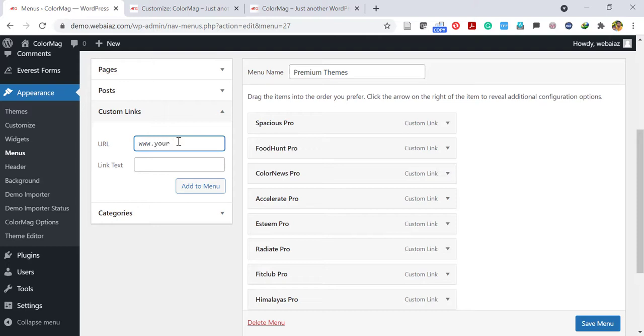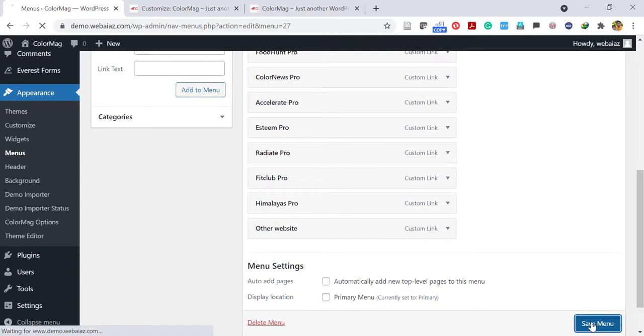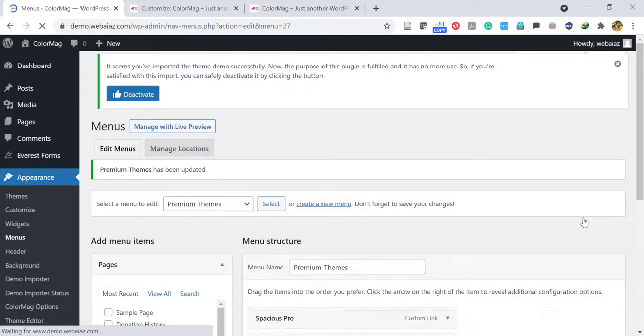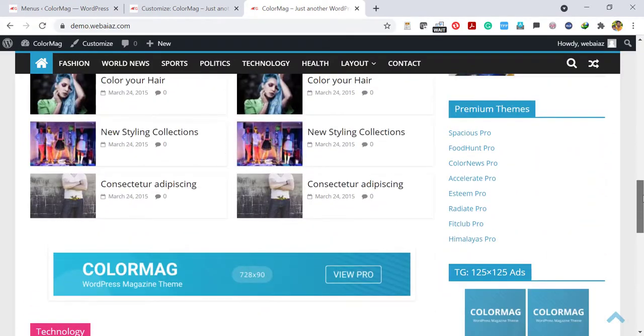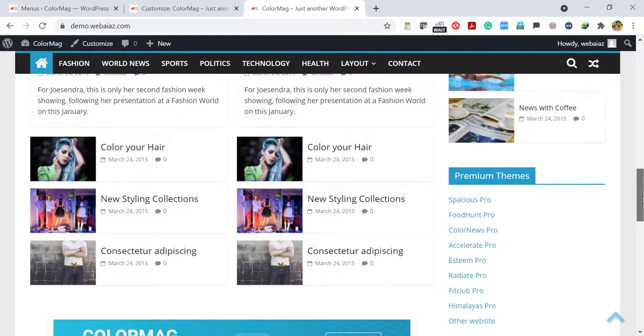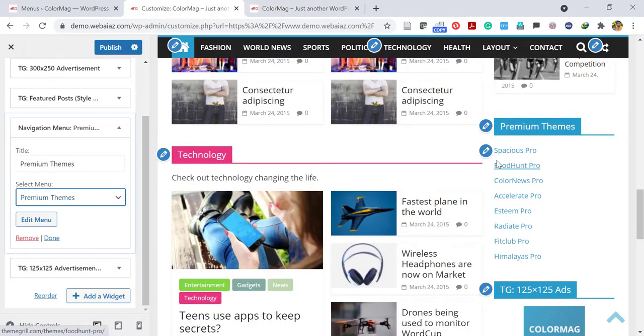So if you want to display some government websites, you just edit the title as the government website's name and put the URL, and you can add that menu. So that menu is added, so other websites, you can edit or remove other menus displayed here and you can save. Then you go to your front page and refresh the website and see, it will show the new menu you have added. So similarly you can change others.